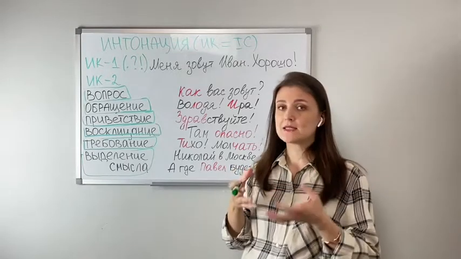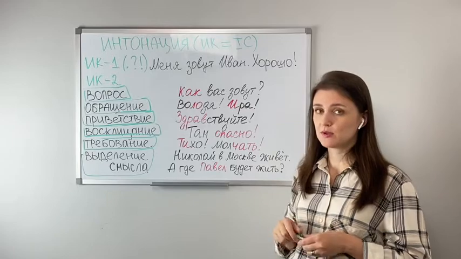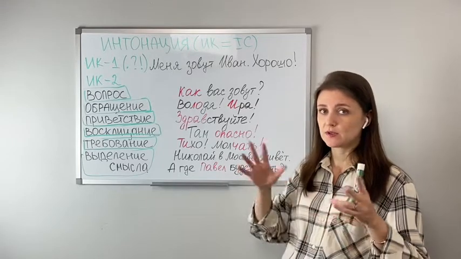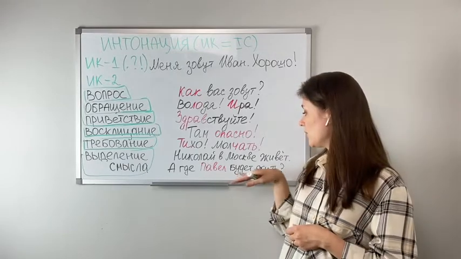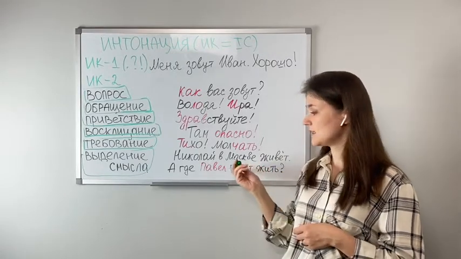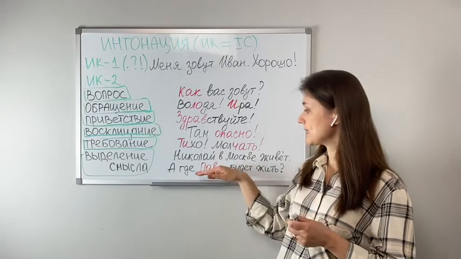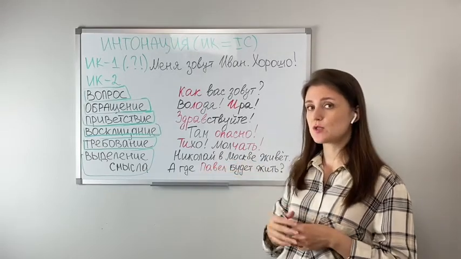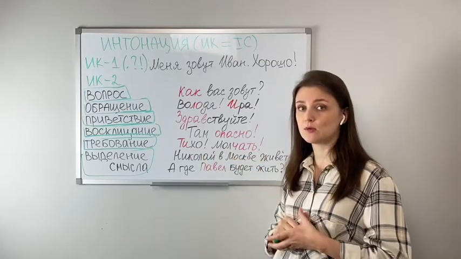If it were interesting for us to know where he will be living, in an apartment, in a house, in the center of Moscow or the outskirts, we would emphasize this, будет жить. But for now, I emphasize the name because we know about Nikolai and we want to know about Pavel.